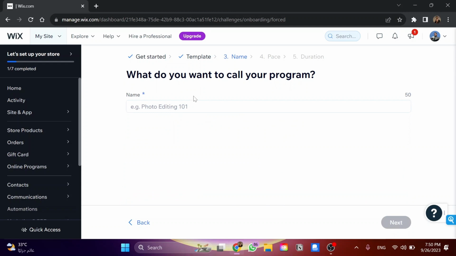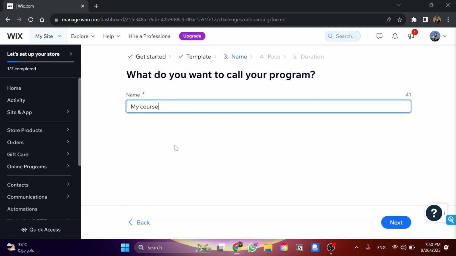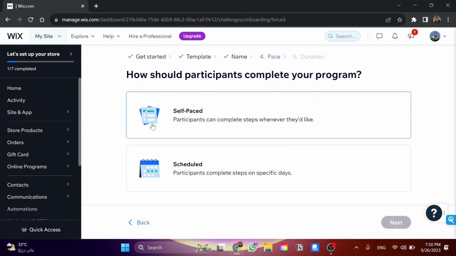And so here is the course name. So for example, let's call it My Course 101 and click on next. And so here we have two options for the program completion. We have either self-paced, so participants can complete steps whenever they like, or scheduled, so they must complete steps on specific days. So in my case, I prefer to make it self-paced, so I'm gonna click over here